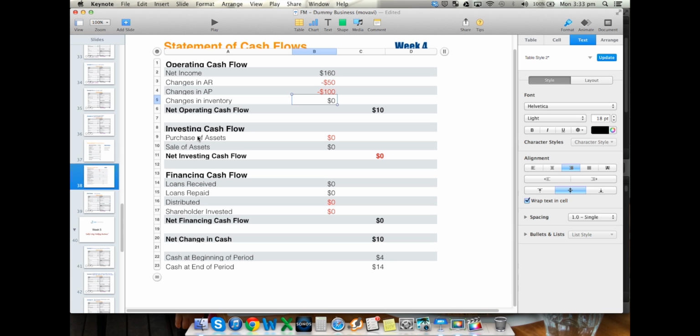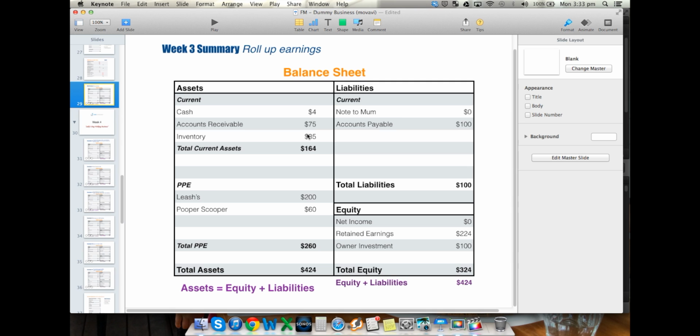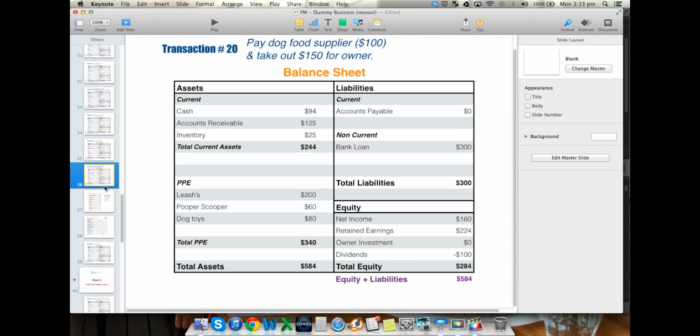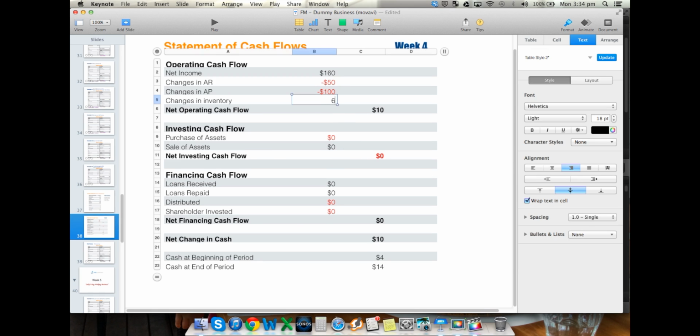Changes in inventory. Let's again go to our beginning balance sheet. Inventory was at $85 and ended at $25. So inventory went down. When inventory goes down, it means we're selling things. It means we're holding less stock. If we're holding less stock, that's good for cash. Good for cash. That's going to be a positive number. So that's a 60. Inventory went down by $60. Good for cash. Okay, so we've got a net change or a net operating cash flow of $70, which is